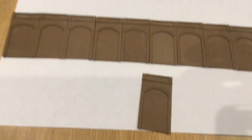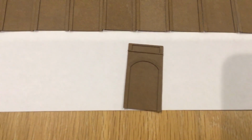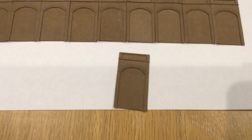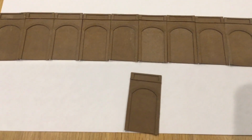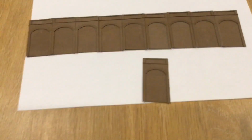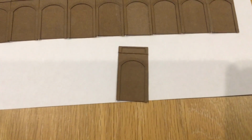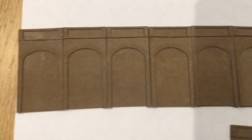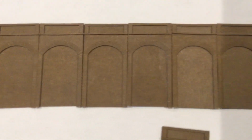So there's one there. Now there are some pieces that will go on the back of that, so that it gives it an angled shape from wherever you're putting the retaining wall, so it would come towards you a little bit, just to give you a little bit of relief. Now at the moment I haven't done any of that. All I've done is just put the basic kit together, and it's such a detailed set of retaining walls for